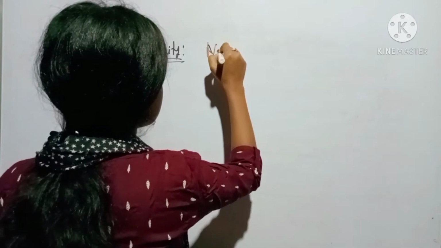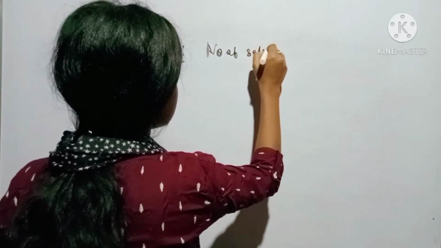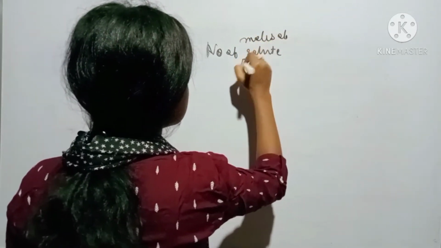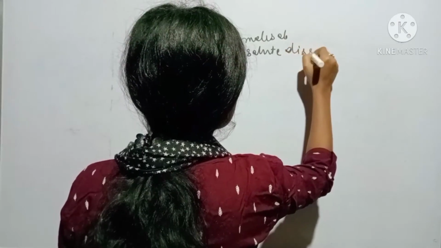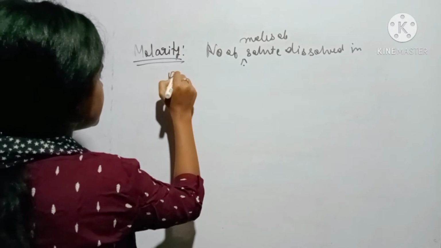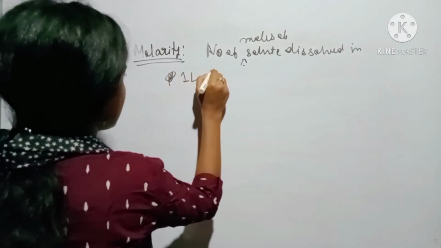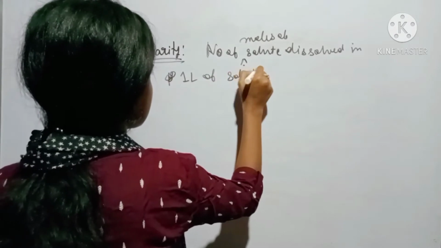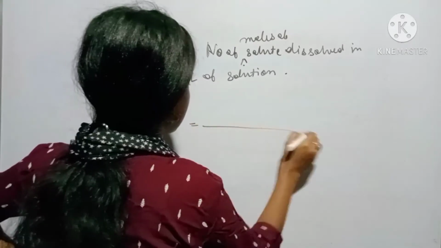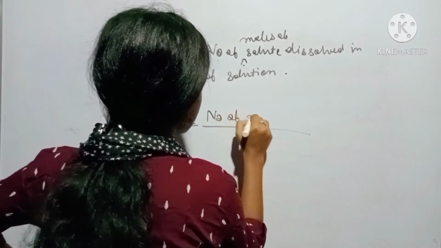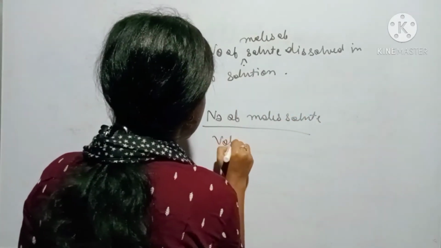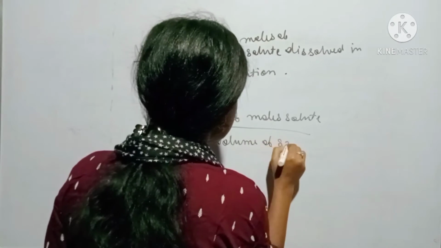The number of moles of solute dissolved in 1 liter of solution is known as molarity. Okay, we can write it as number of moles of solute divided by volume of solution